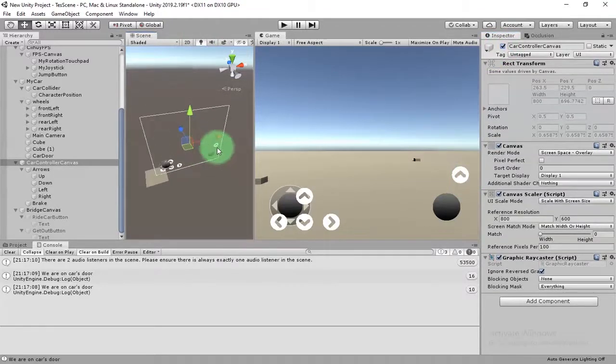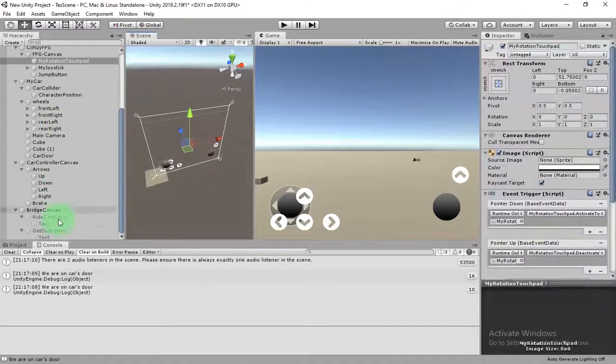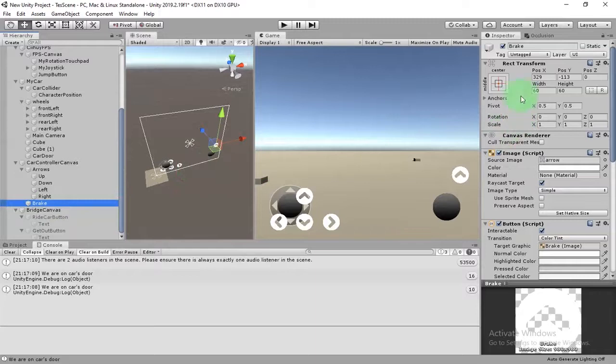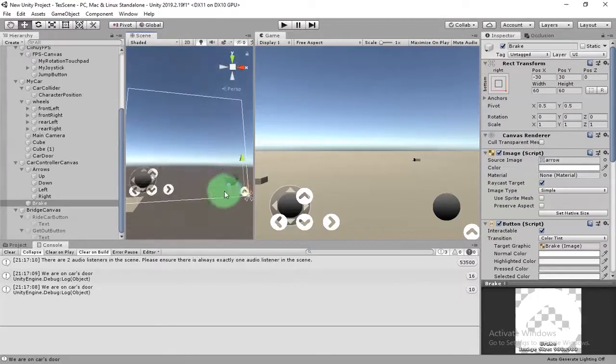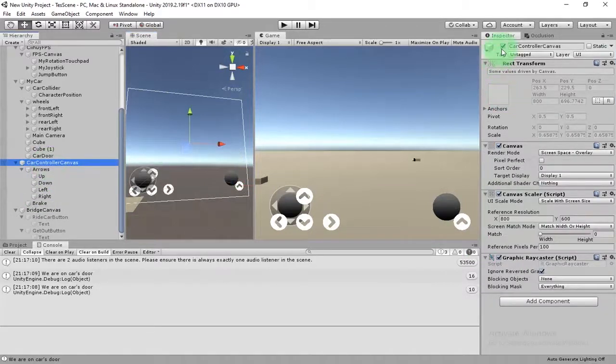Here the brake button. Brake button should be anchored to the bottom right of the canvas, and it should be something like here. Okay, I disable it again,